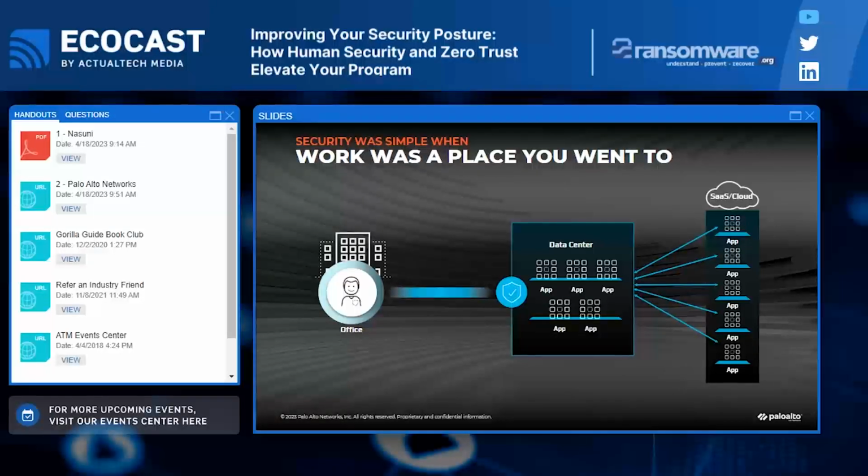Essentially, we would have that massive stack that would dictate and define how users could get access to their in-house applications, and as well how they could then go beyond the four walls of the organization and access any other application that we might have supplemented through either SaaS or cloud infrastructure, things of that nature. Ultimately, though, the main security stack was there at the data center. That's where we funneled all our traffic from.